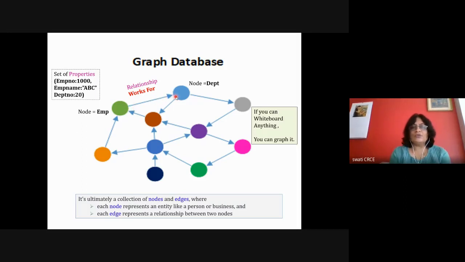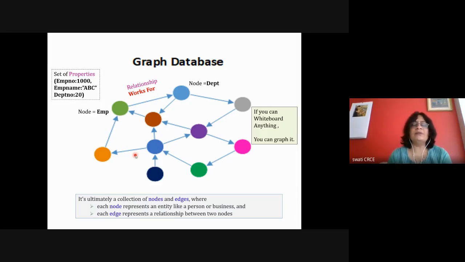What we can summarize from this slide is that it is applicable to any problem. It is not only for social media. Graph oriented databases are very famous for social media applications like WhatsApp, where you want to see how many people are in the group, who is the most active person in the group, or you want to find out the different types of communities in WhatsApp. For such situations, graph databases are very useful.